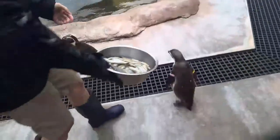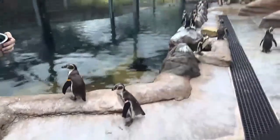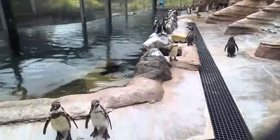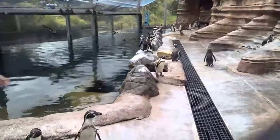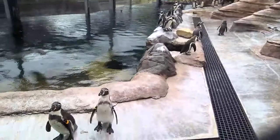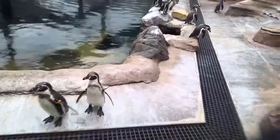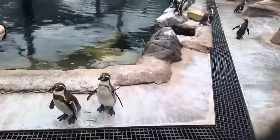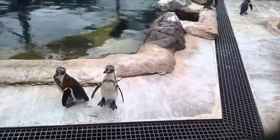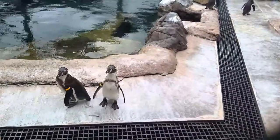We have lots of things going on. We've got some very busy penguins. I'm surprised he actually cares, and that's probably why most of them are over there, because they're very skittish. It takes them a while. We have barriers for our penguin encounter, and it took them forever to get used to those. Now I can't get them to scoot out of the way. Well, I know new things are kind of different for me too, but it's really cool that these